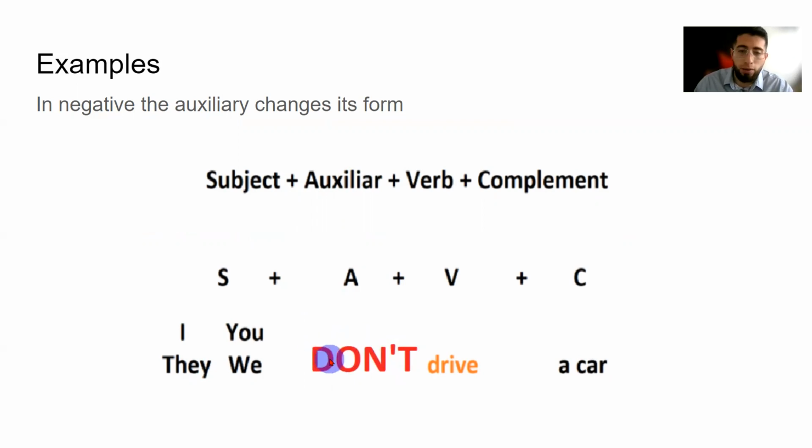¿Listo, chicos? Now, we add also, también le colocamos aquí the negative form, la forma negativa, not, but in this case, pero en este caso, chicos, it is contracted, está en contracción, ¿vale? Entonces, for the subject, para los sujetos I, you, they, and we use the negative, utilizamos el negativo don't, right? So we use the auxiliar do and the negative nt, right? Contraction. So we say don't. Decimos you don't drive, el verbo se mantiene igual, and then we put the complement, el complemento que sería car,